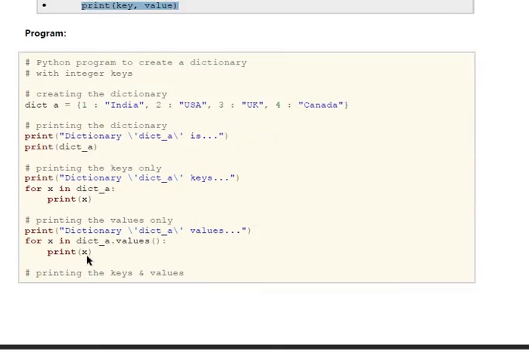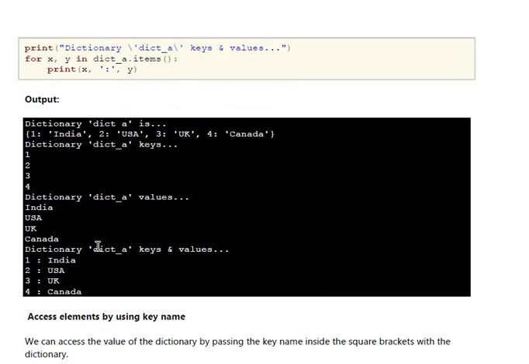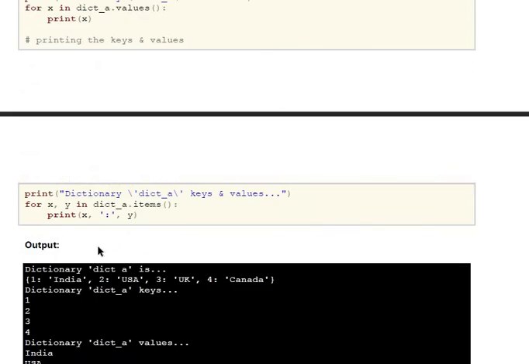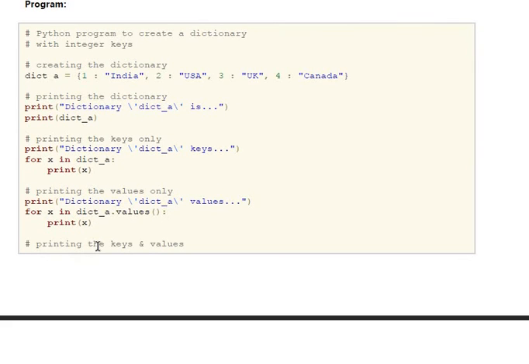Now we will go through one program so you can easily understand how to print the values of the dictionary. This is the program that creates a dictionary with integer keys.